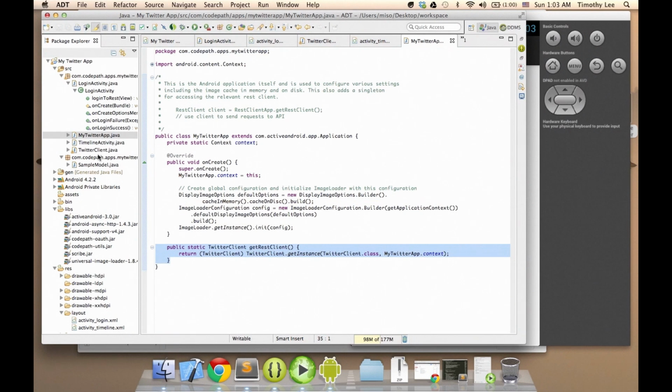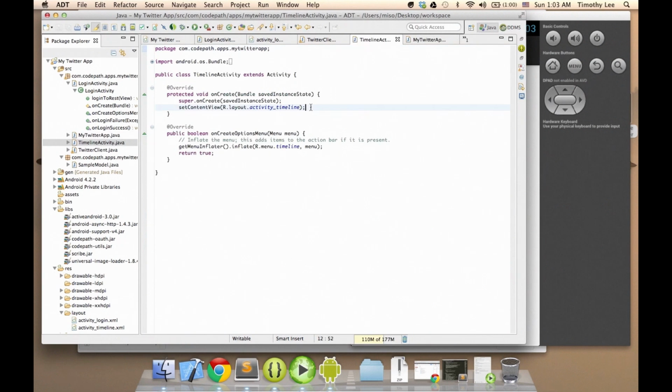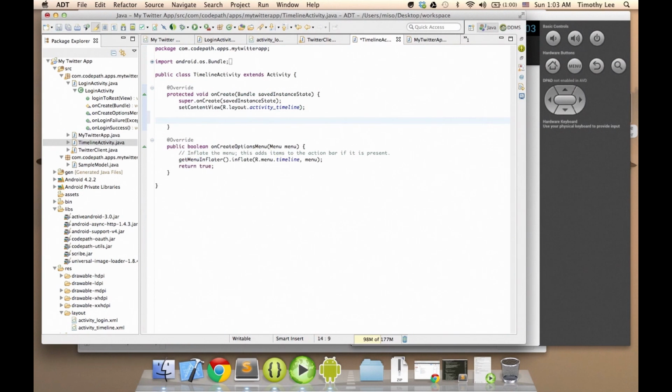I can access it from the timeline activity, I can access it from my compose activity, I can always get a handle for that object. Now if I go to onCreate, if I just access my Twitter app,